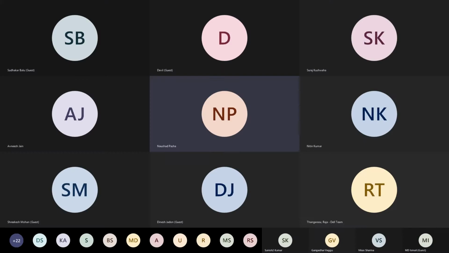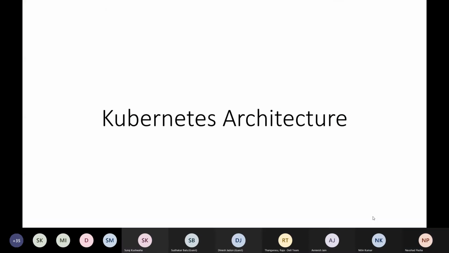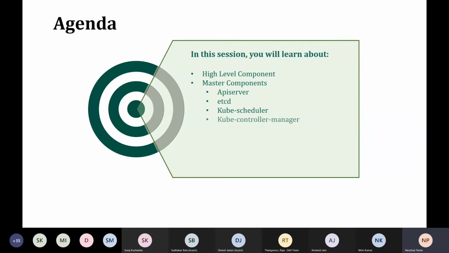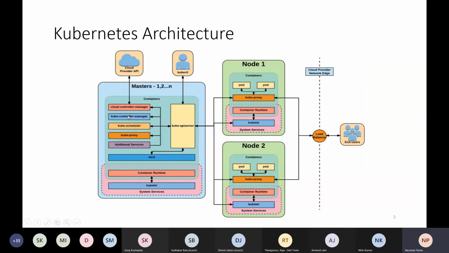Let's continue with the next lecture, Kubernetes architecture. In this section, I'm going to talk about the various master components and various worker node components. So we looked at the high level architecture of Kubernetes, where we have a master and a worker node. And there are many components within the master, and there are many components that run on each of the worker nodes. Let's go ahead and simplify each of these components of the master and the worker node.